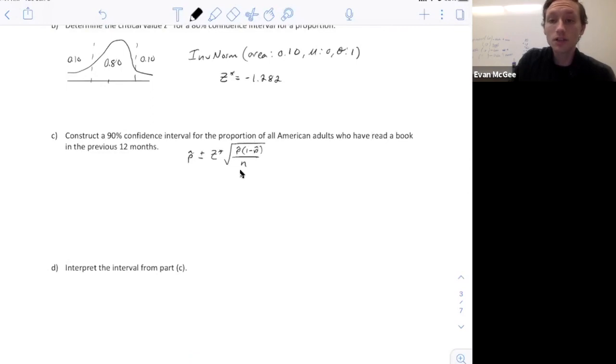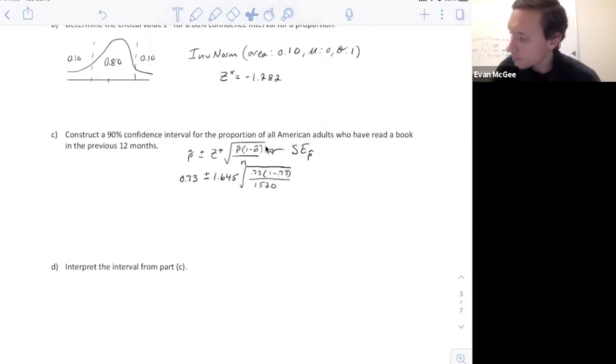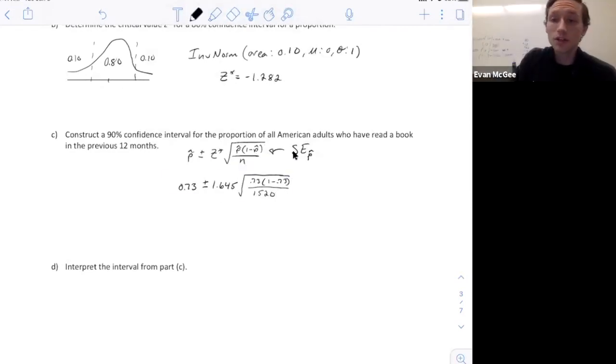This would be called the standard error because we're using a sample proportion to estimate a population proportion. So the symbol for the statistic in this case is p hat. Looks like this. And we had the sample proportion. This is why we use the plus or minus. It doesn't matter if your critical value is negative or positive. You're using both. You're using positive 1.645 and negative 1.645. Then use p hat to estimate the standard error. And so our margin of error will be